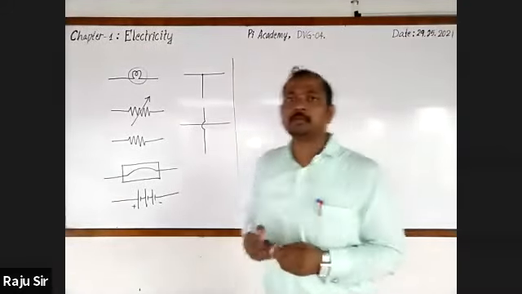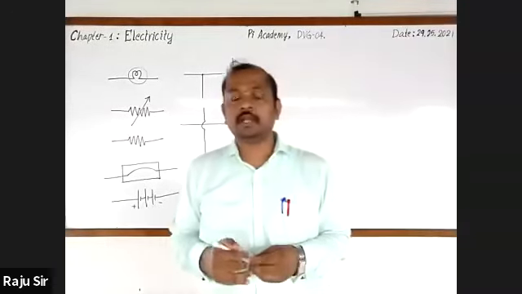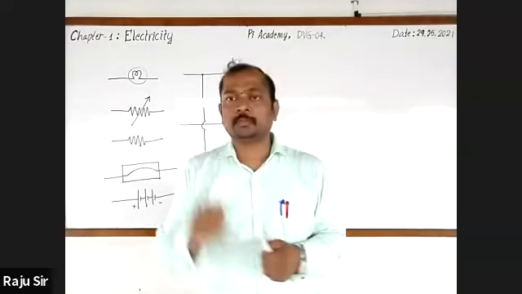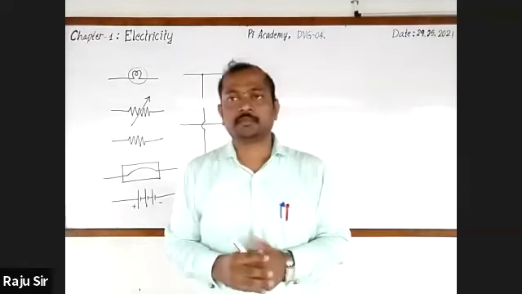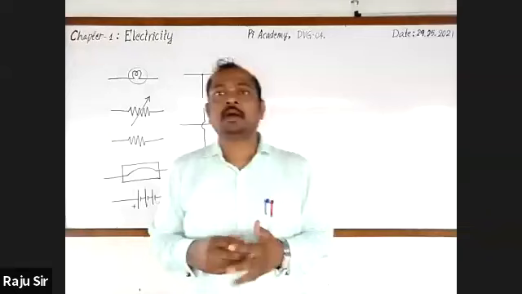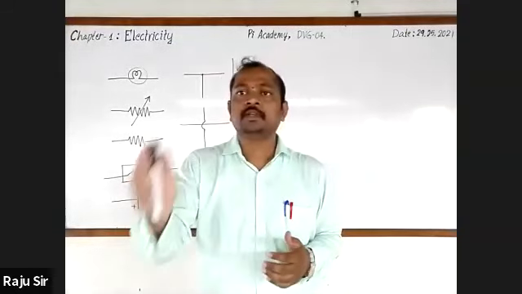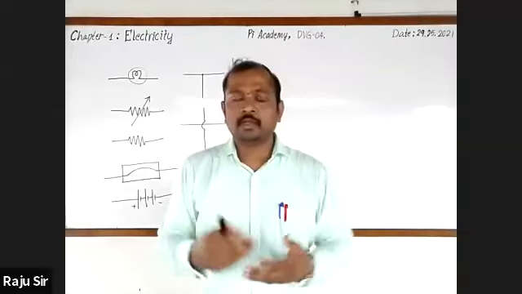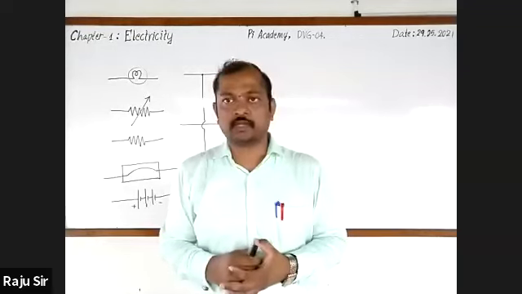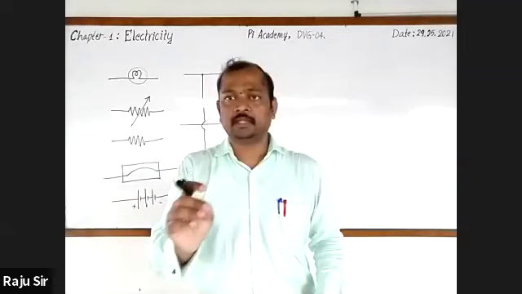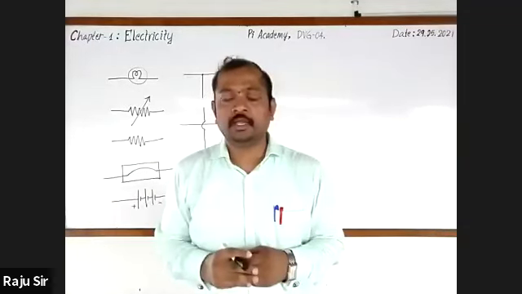Then after that, we come across the relationship between the current flowing through the conductor and also the potential difference between the ends of the conductor. So this relationship was given by a great scientist. He is George Simon Ohm. And even we come across an activity through the circuit diagram to know the relationship between V and I, that is potential difference and electric current.